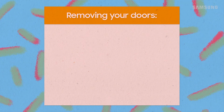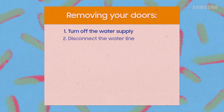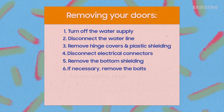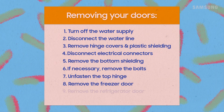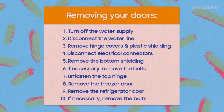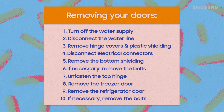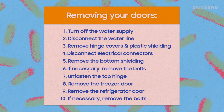To recap, if you're moving your side-by-side fridge through a narrow space, you can remove the doors. Before you begin, make sure to turn off the water supply and disconnect the water line. Next, remove the hinge covers and plastic shielding, then disconnect the wiring and plumbing. Remember, the doors are heavy, so be sure to have a friend lend a hand when lifting and moving those